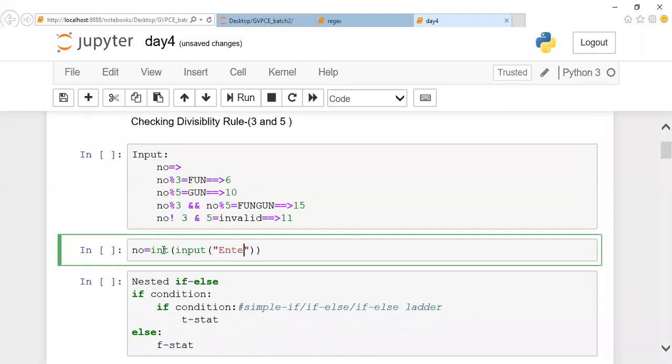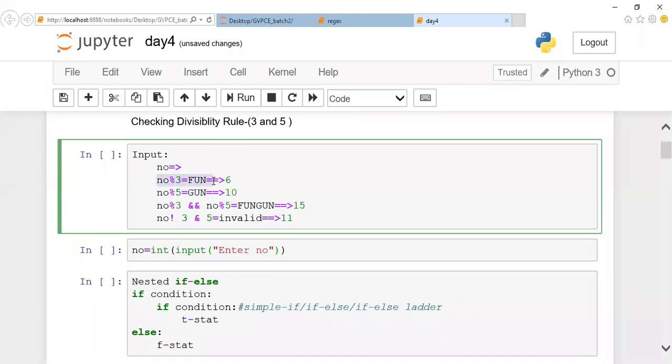And after accepting a number, I'm supposed to check the divisible rule of 3, 5, 3 and 5. If I write the first condition as 3 and pass 15 as my input, this will be satisfied. And we know that in case of if condition, if one condition is satisfied, it will never go on to check the other conditions. So we should be very careful about it.